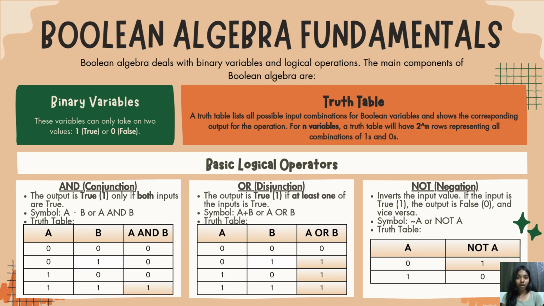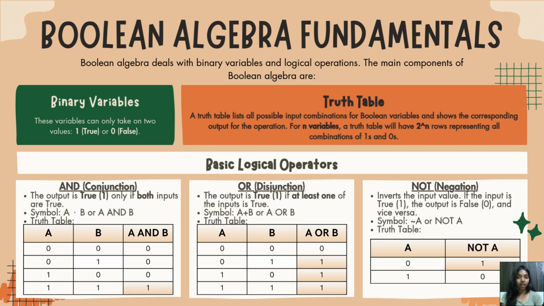Moving on to OR, the output is true if at least one of the inputs is true. The symbol for OR is A plus B or A or B. The NOT operator inverts the input value. If the input is true, the output will be false, and vice versa. The symbol of the NOT operator is a tilde symbol followed by the binary variable, or it can also be written